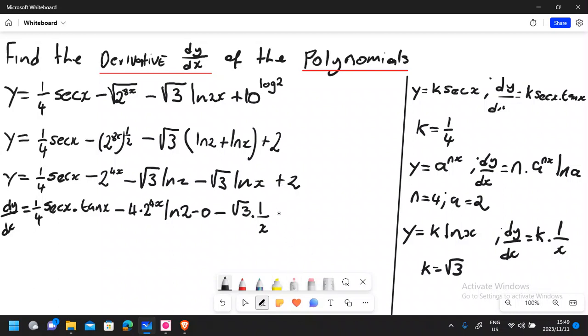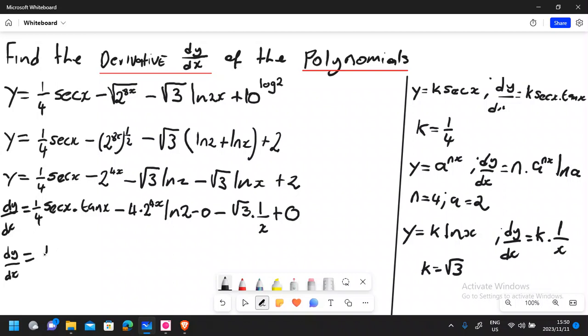Now let's look at the last one here, plus the last one. If we pay attention to it, look guys, we don't have x here. This one is similar to this term here. There are no x's here, so if there is no x, basically the answer is 0. Don't waste your time, guys. We are deriving in terms of x. Now let's continue. So our dy over dx for this one is going to be